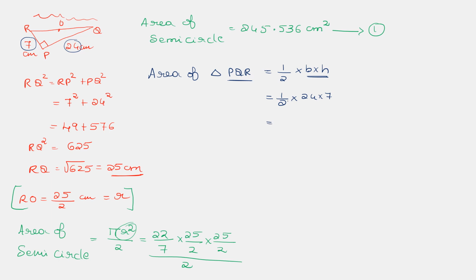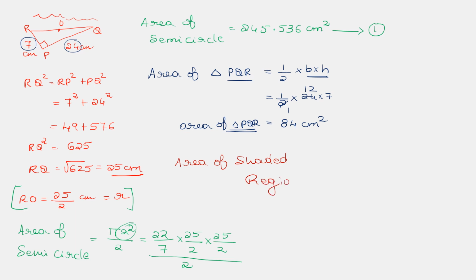So which is equal to 2 ones are 2, 12 into 7 is 84. So what is 84? It is again centimeter square, and this is the area of triangle PQR. Now what we have to find? We have to find the area of the shaded region. Therefore, area of shaded region is equal to area of the semicircle minus